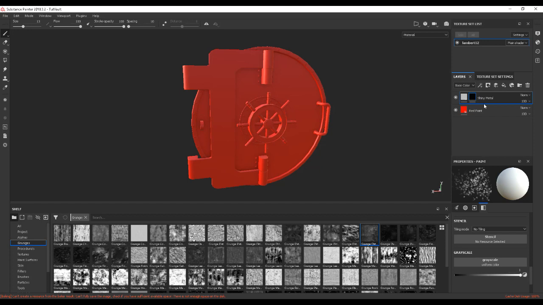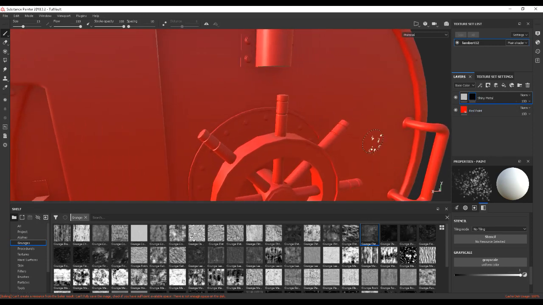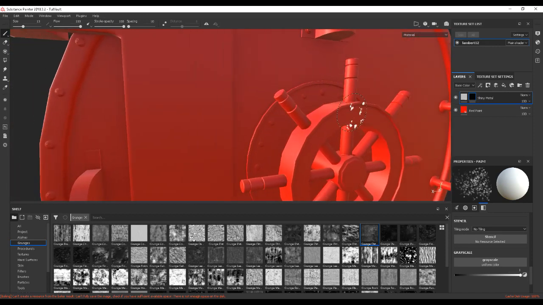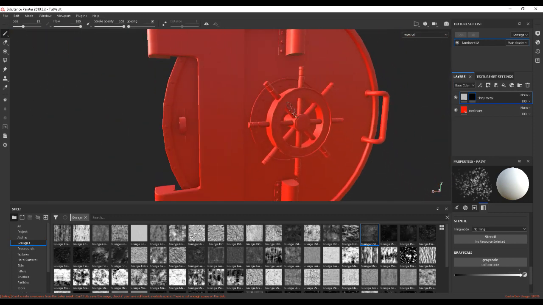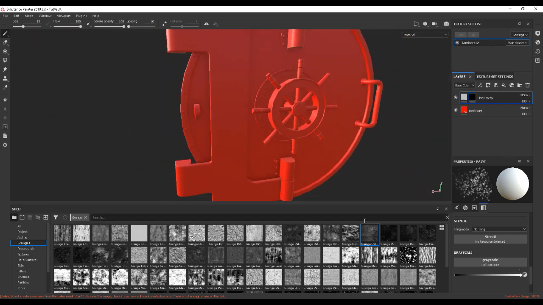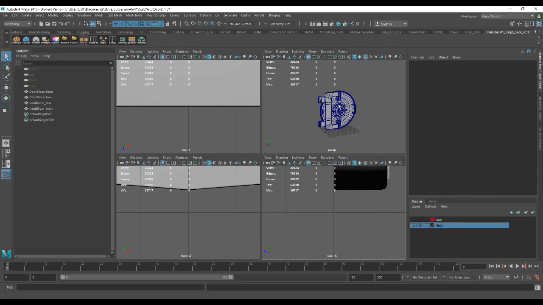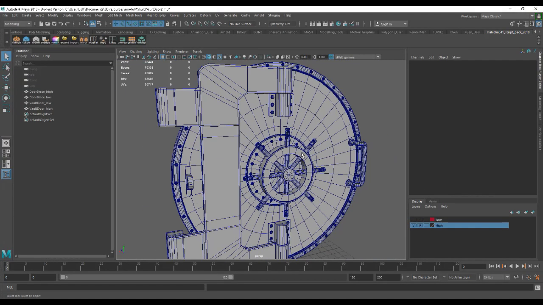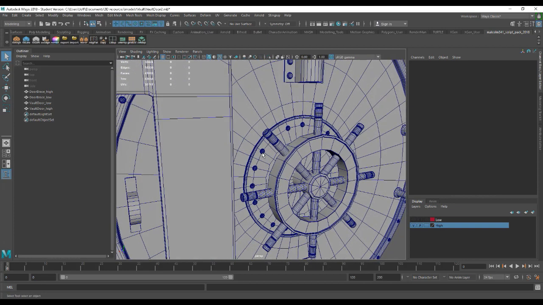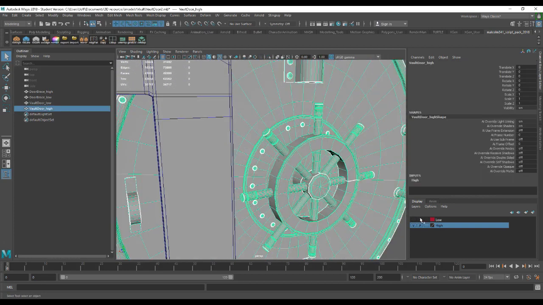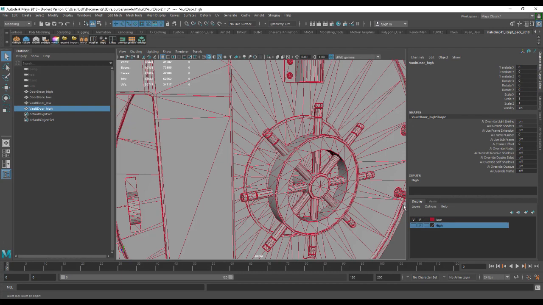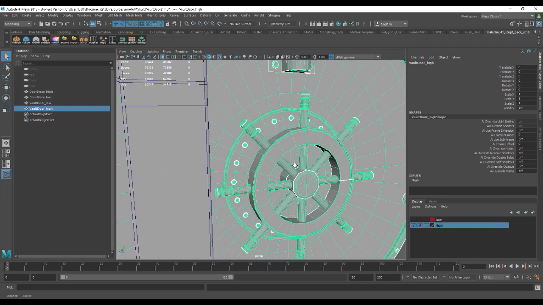Now, another way that can be useful, particularly if you're using high poly details to bake out, is to use what's called a color ID. So on this particular mesh, these rivets here, these ones around here, don't actually exist on the low poly model. They are baked out as high poly details. So let's just go into Maya for a second. So this is my high poly mesh, and these are all individual bits on there. If I look at the low poly mesh, they actually don't exist. So what you can do in Maya